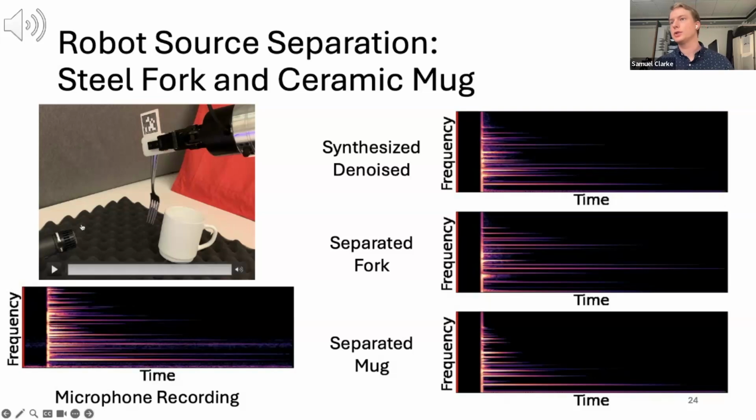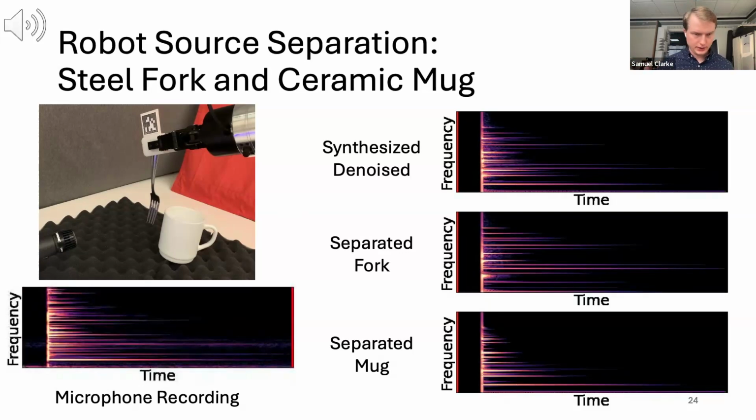Now, as I said, we make intentional choices about microphones. So the microphone we use to record is sitting right here. It is somewhat directional and already filters out some of the lab noise. But there are still some background noises, especially the motor noises of the robot. So by fitting